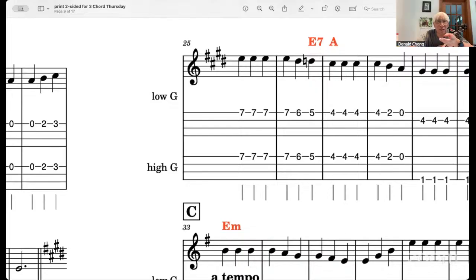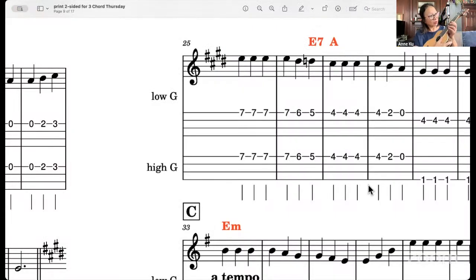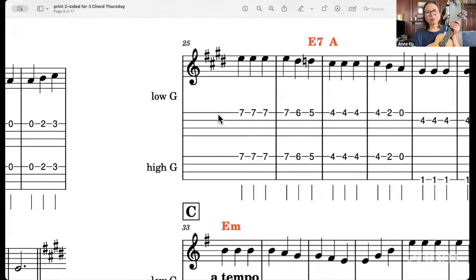I'm just looking at this. It seems like this is tablature, so I'm looking only at the string that has a number on it. Yeah, because I only show the melody. I didn't show all the notes. Yeah, you're correct. So here, for this particular one, for both low G and high G, I would just play,